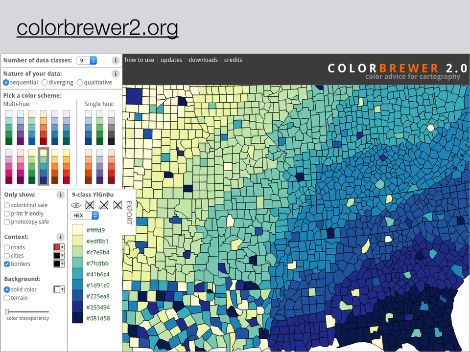Instead, you should use again a perceptually linear color scale. So here on this site, colorbrewer2.org, you can actually pick and find color schemes. Here you see that both hue, so we are here going from yellow to blue, as well as brightness. So the yellow tone is very bright towards the blue that is going towards the dark blue. As I said already,